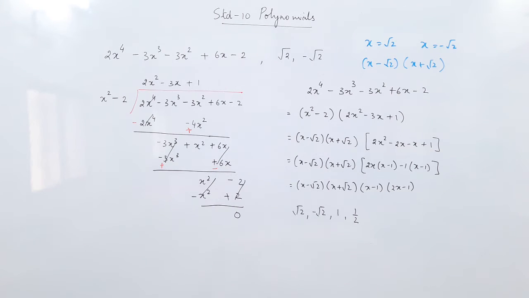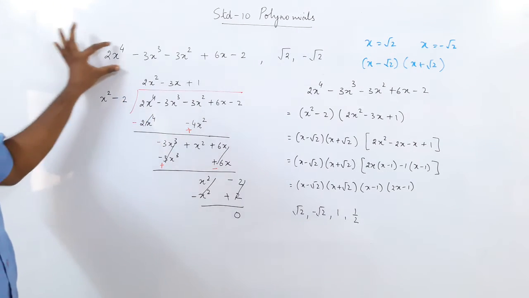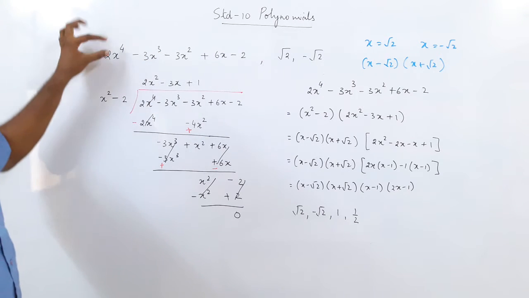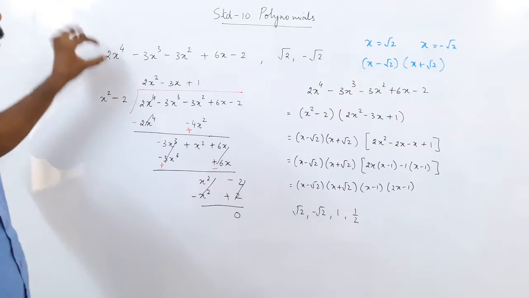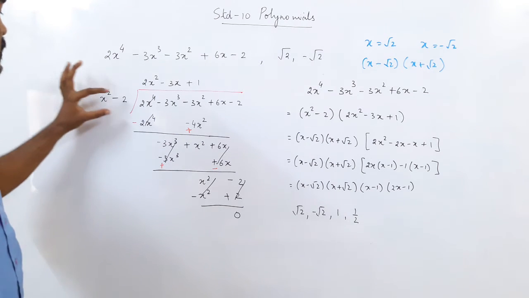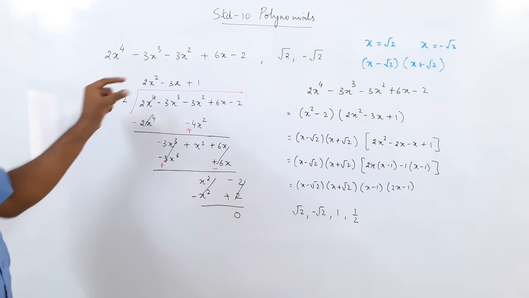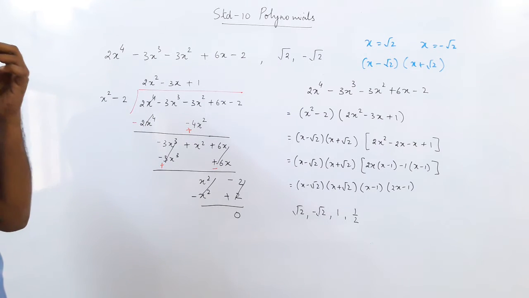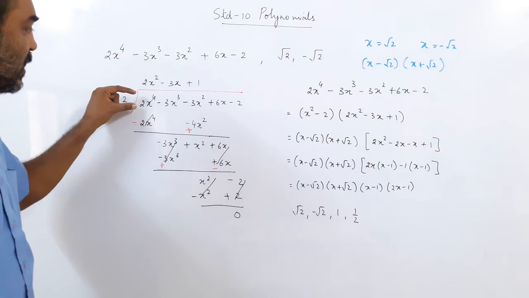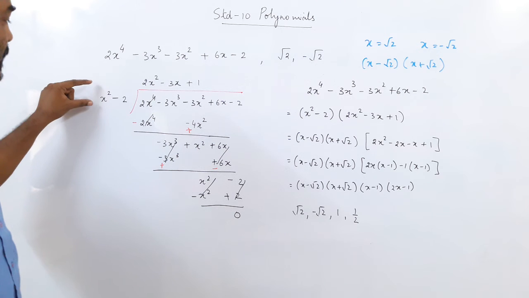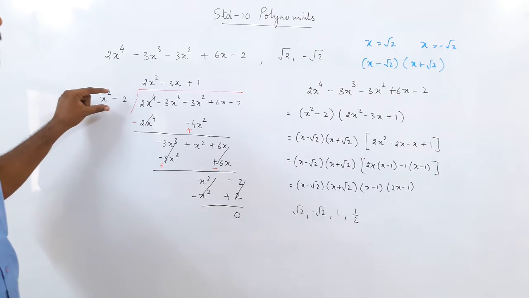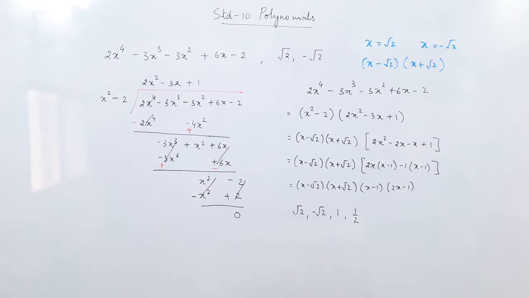Now one rule you should always take care of is, before you do the division, arrange the polynomial in the decreasing order of its powers. So 4, 3, 2, 1 and 0. And even the divisor should be arranged. Do not change the signs, but when you do the division, please make sure that the dividend is arranged in the decreasing powers, and even the divisor is arranged in the decreasing powers, and only then do the division.